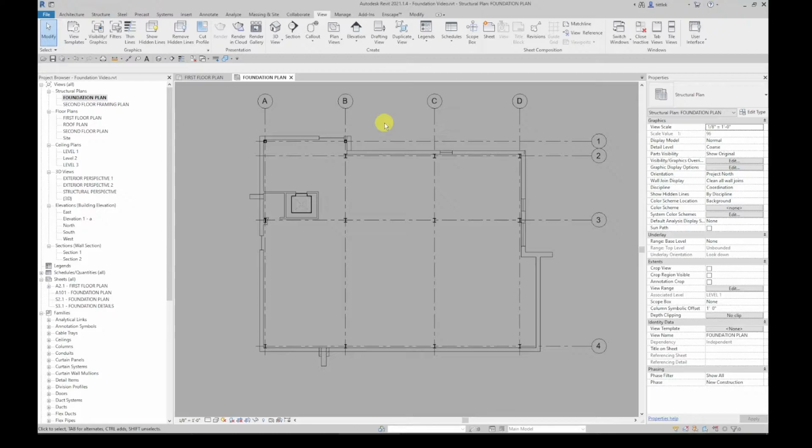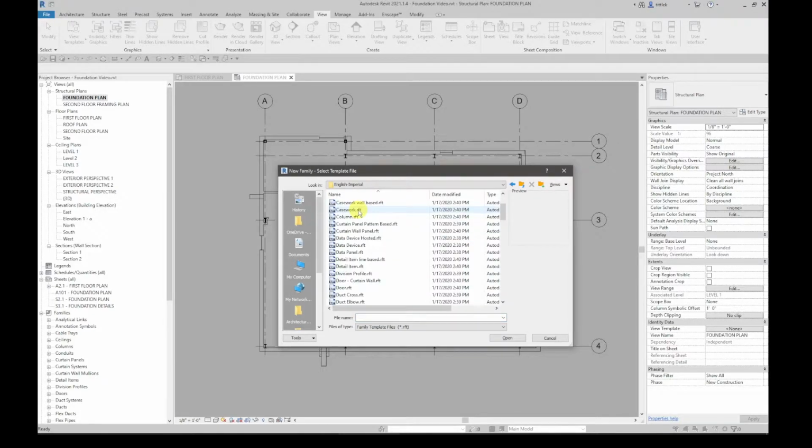So to do that, the first thing we need to do is go to File, New, Family. This is the first time we're creating our own family. Go to the English Imperial folder. What's listed here, these are the family templates. So it's just like the project templates, except these are set up for all the different categories of family that